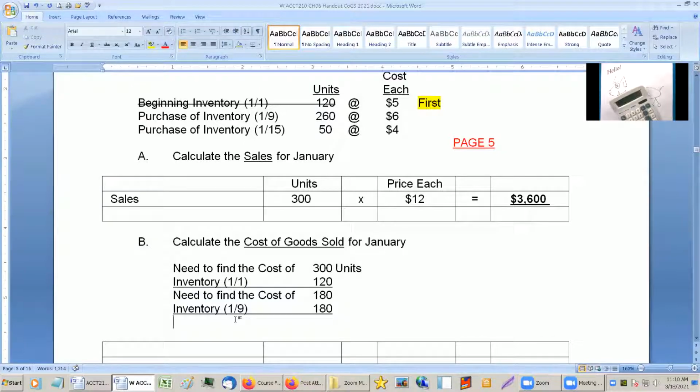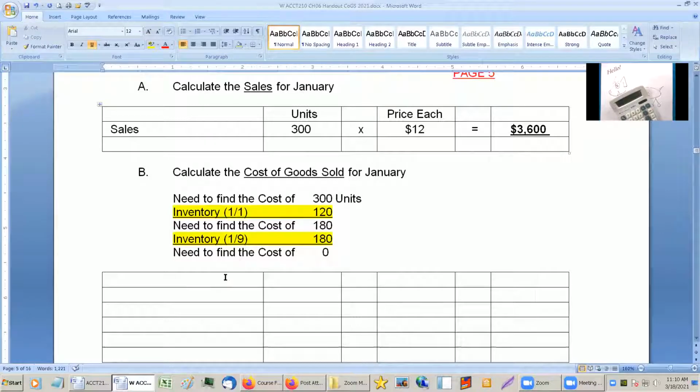Look a little silly, but all right. So these are the two inventory levels that we have. And we'll worry about cleaning up in a second. I think we'll just come down here and do our